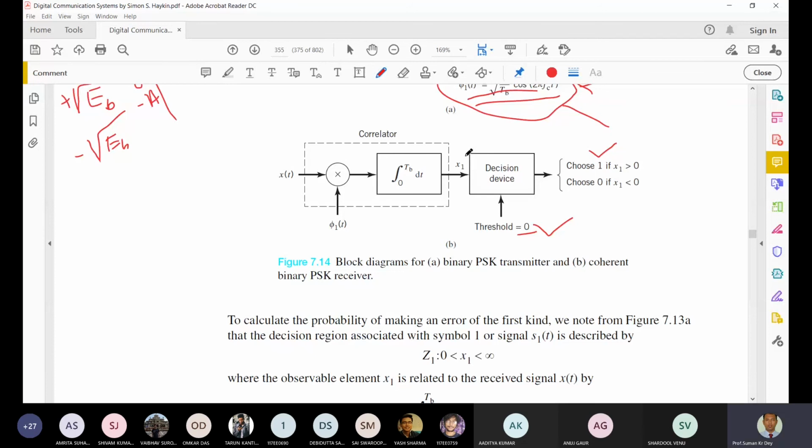Okay. So now is there any doubt? When we transmit a signal, the BPSK signal, through the AWGN channel, there is a possibility of error. Now we'll discuss the error probability for the binary PSK. And in this case, we are using the coherent detection.